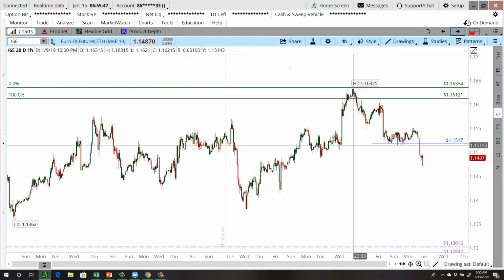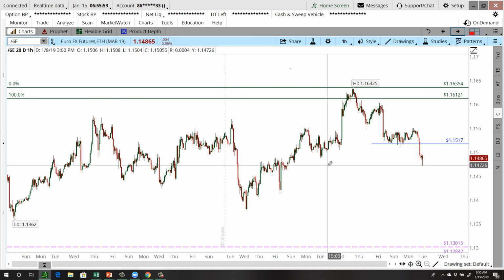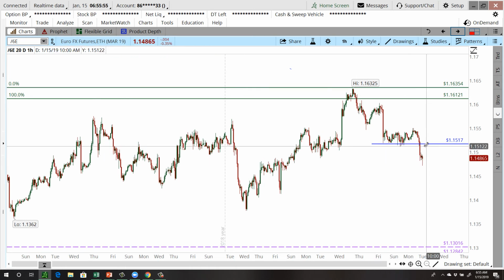Next, in the euro. So in our euro trade, we got our breakdown in the euro position. Leave me a comment down below if you took the euro breakdown. The euro breakdown is moving very nicely off of yesterday's daily market commentary level, where we had those lower swing